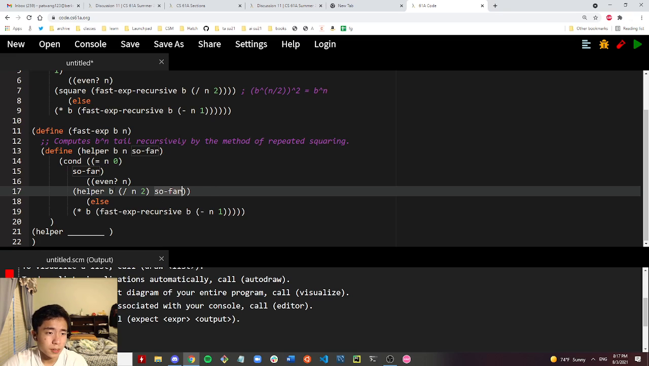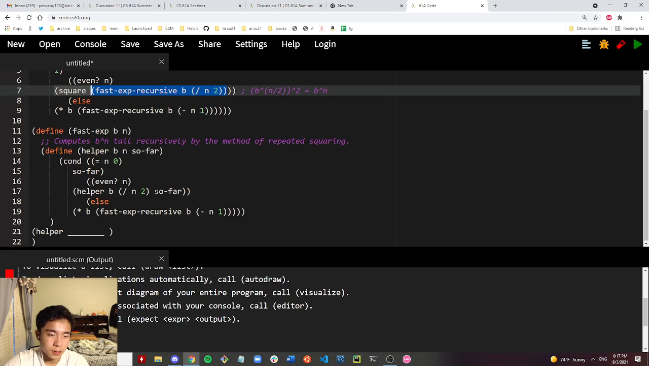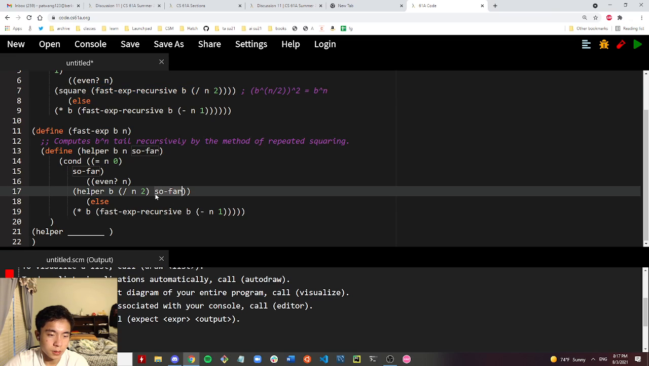The question is, how exactly do we square it? Originally we called square on the outside, but what about the so far? If we imagine, we're going to be multiplying so far by whatever b to the power of that is, because so far is keeping track of all the products. So we might do b times so far, but at the same time, how do we address this? We don't even know how many times we want to exponentiate b by n divided by 2, so we can't just do something like b times so far,